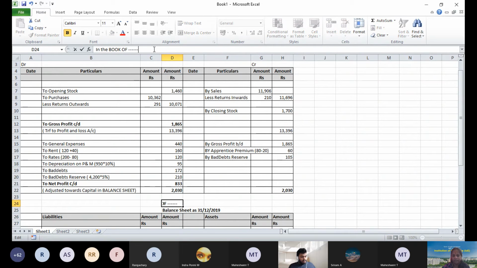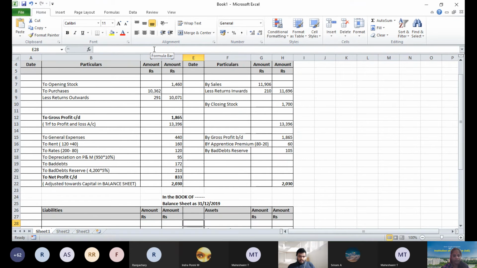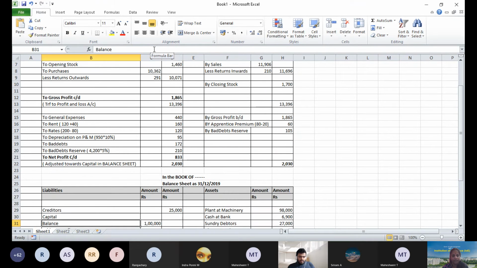See, it's only 10 minutes we are taking to do the sum, because I had all these things ready. Of course, you're also ready with your thing. So first finish all your adjustments. Rent accrued, it's an outstanding, right? Finish off all the adjustments. 40, an apprenticeship premium. Finish off all your adjustments, whatever you have done. Yeah, 20.